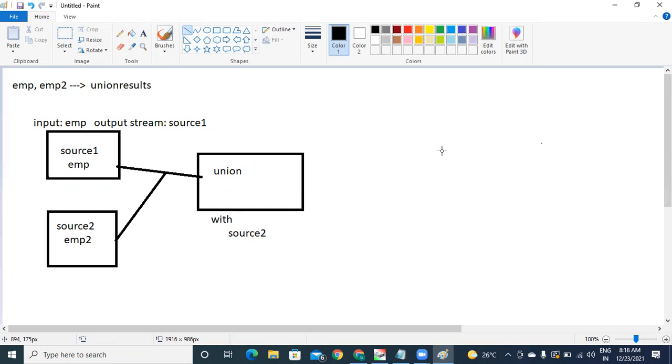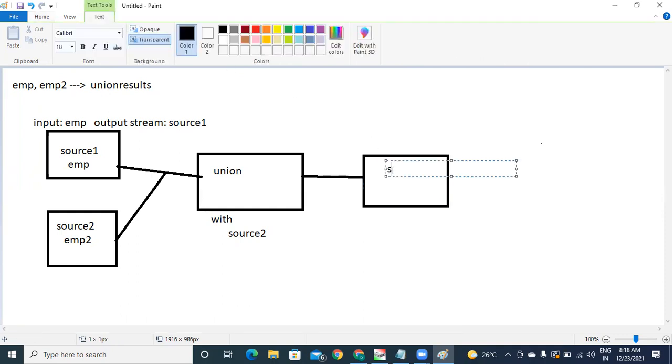That's it. So for this union, I will attach one more transformation, that is sink transformation. In the case of sink, you will give data set of union results. Now, whenever you validate this and debug this, automatically the data transportation will happen. But in the back end, what will happen is Spark cluster will be Databricks cluster. Spark cluster will be executed. Spark will always write data into partitions.